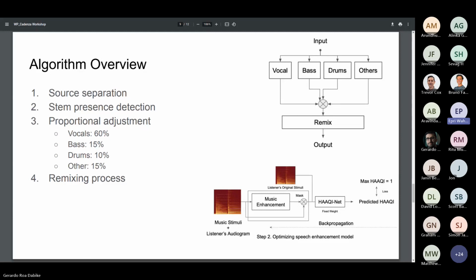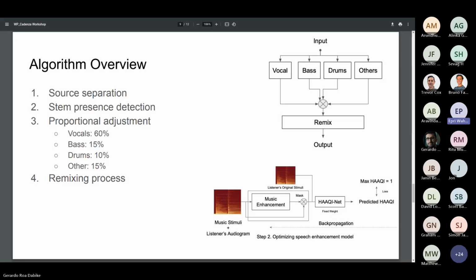It will change the music enhancement, and make the output as close to 1 as possible, where 1 is the best quality.